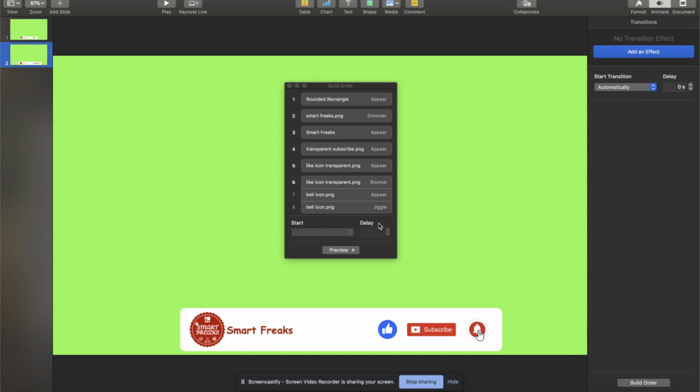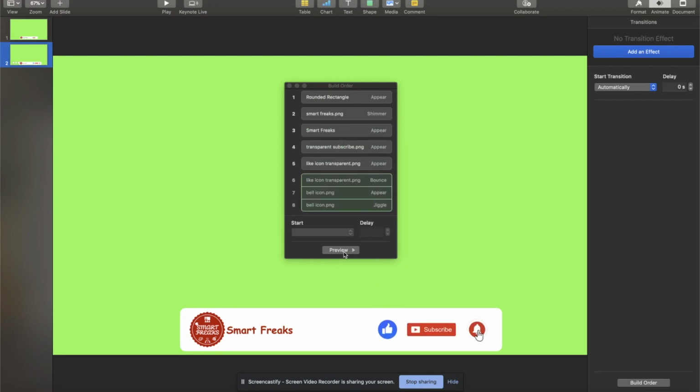Here you can see the order of each and every element in Keynote. And remember one thing, your background should always be green, because the name itself is green screen effect. Let's see the preview of how it is going to look. Cool.